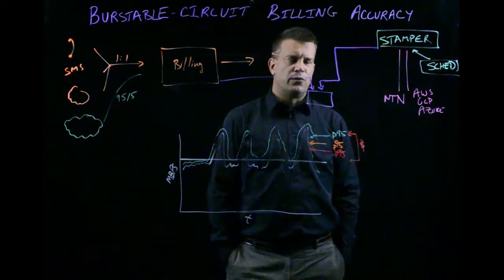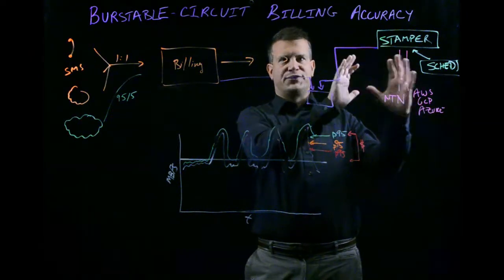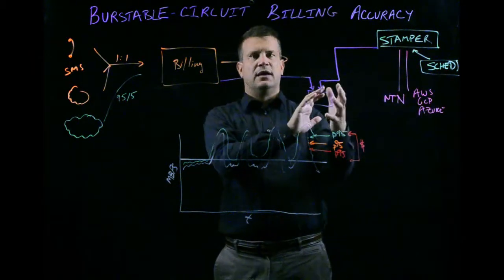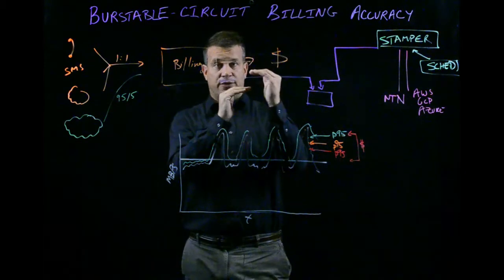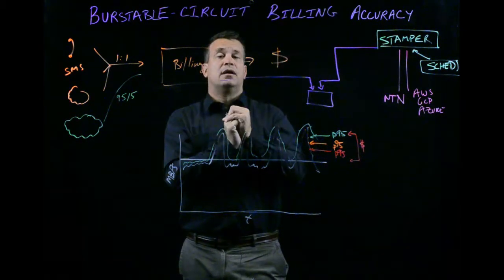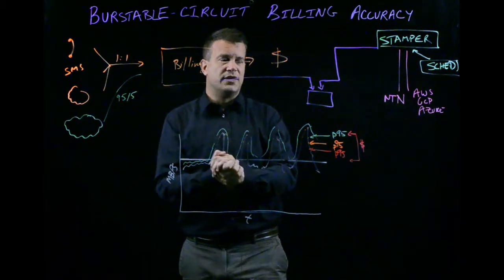In our first video, we talked about how we could set up a control point and control network of using our stamper boxes to emulate what your customers are doing on your network and look at how accurate your 95th percentile billing would be. We tended to find a couple of errors across the board when we look at this. One is sometimes